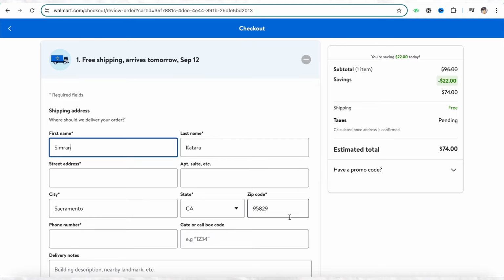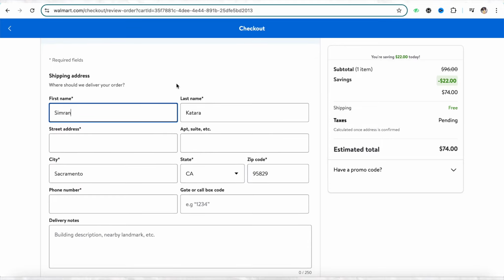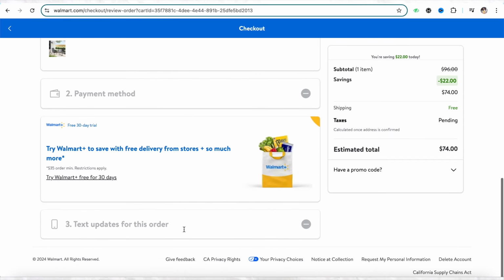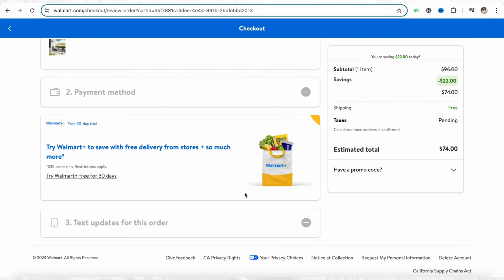and you will land on the page where you have to enter your checkout details, like your shipping address, your payment details and other options. And in order to redeem or enter your gift card, all you have to do is click on the have a promo card section from the payment section over here,